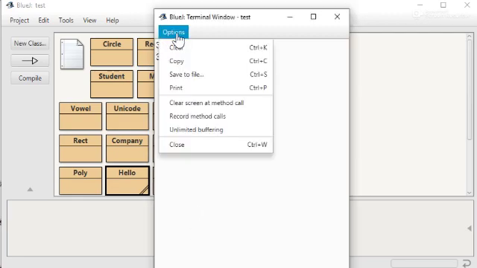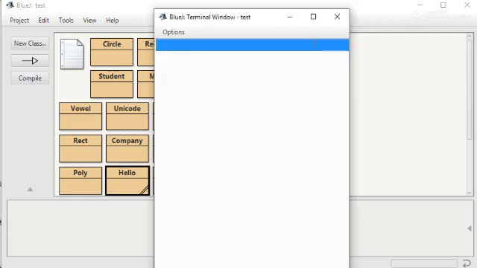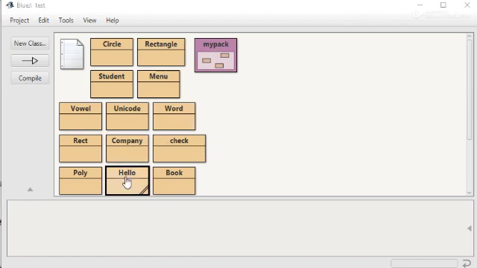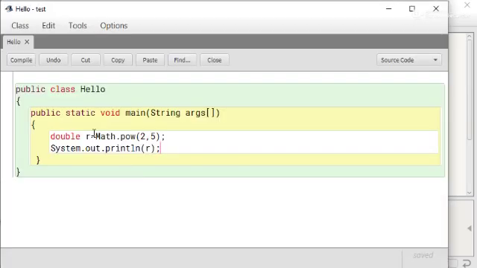Now clear this output and change the program to use a different method. Suppose now if you want to use a square root method, then change it to sqrt, and it has only a single parameter. Just write 2.